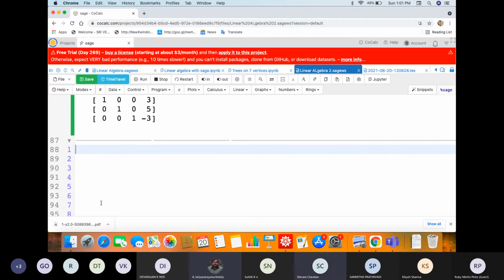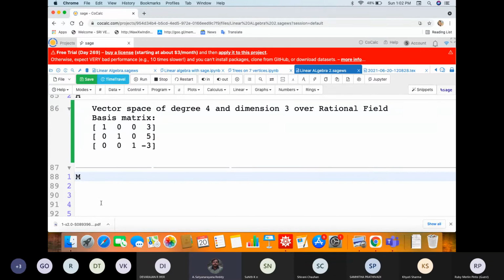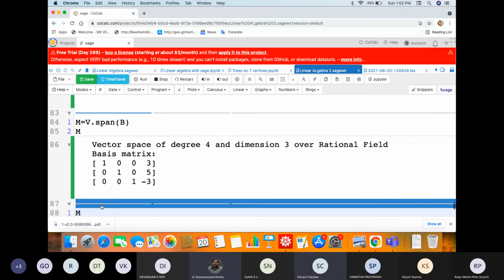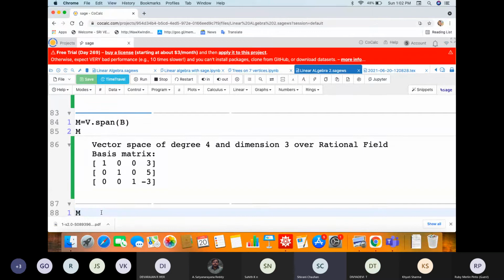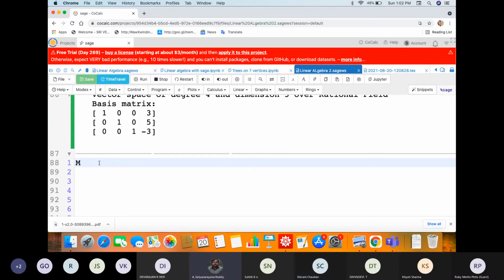One way is that I will append one vector to it. M dot append 0, 0, 0, 1. Then I'll get 4 vectors and I can check whether the span is equal to the entire V. But now the question is, is there any way to find... there are infinite number of vectors with which I can extend this, right? I'm not sure, but I think there is a concept of extended basis in Sage, a direct command. But yes, we can do m dot append.